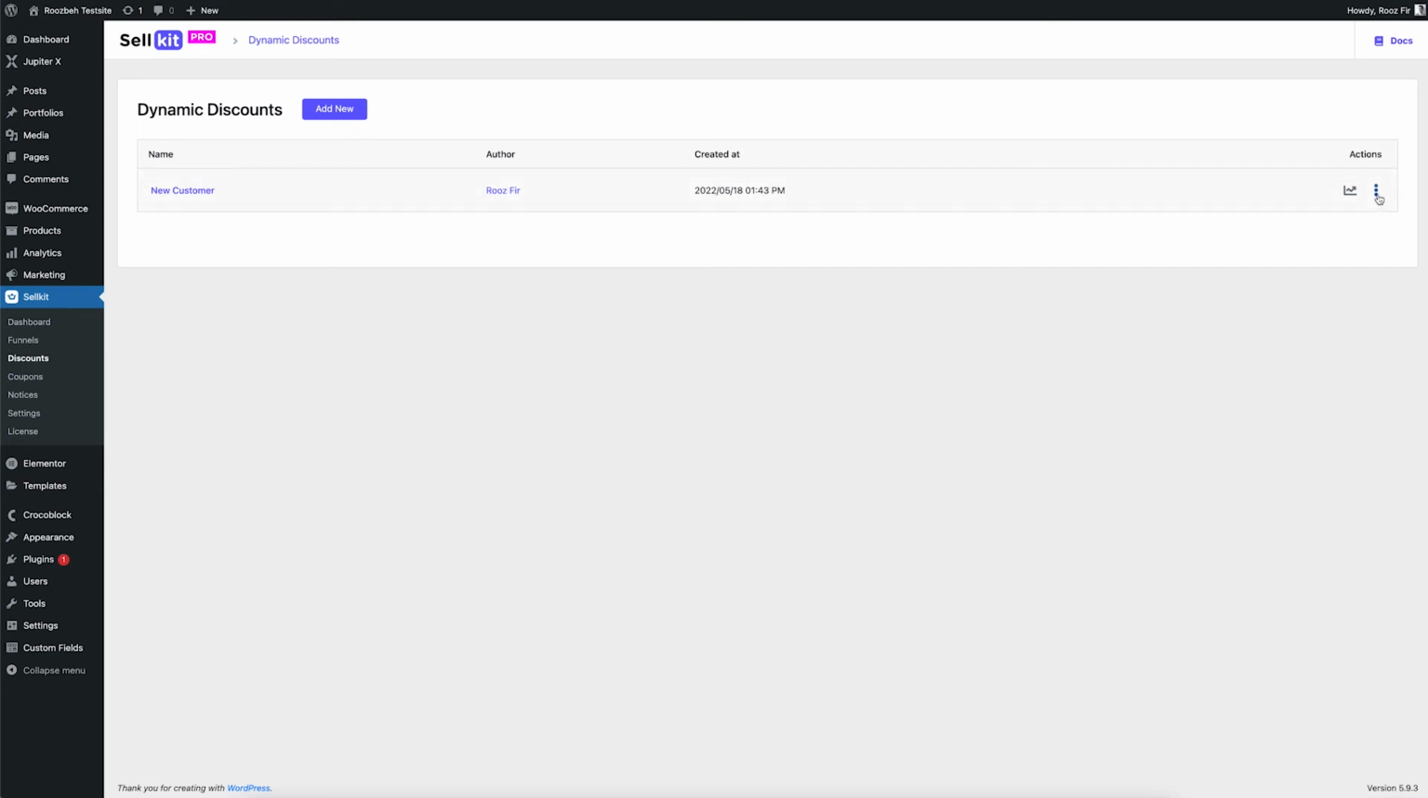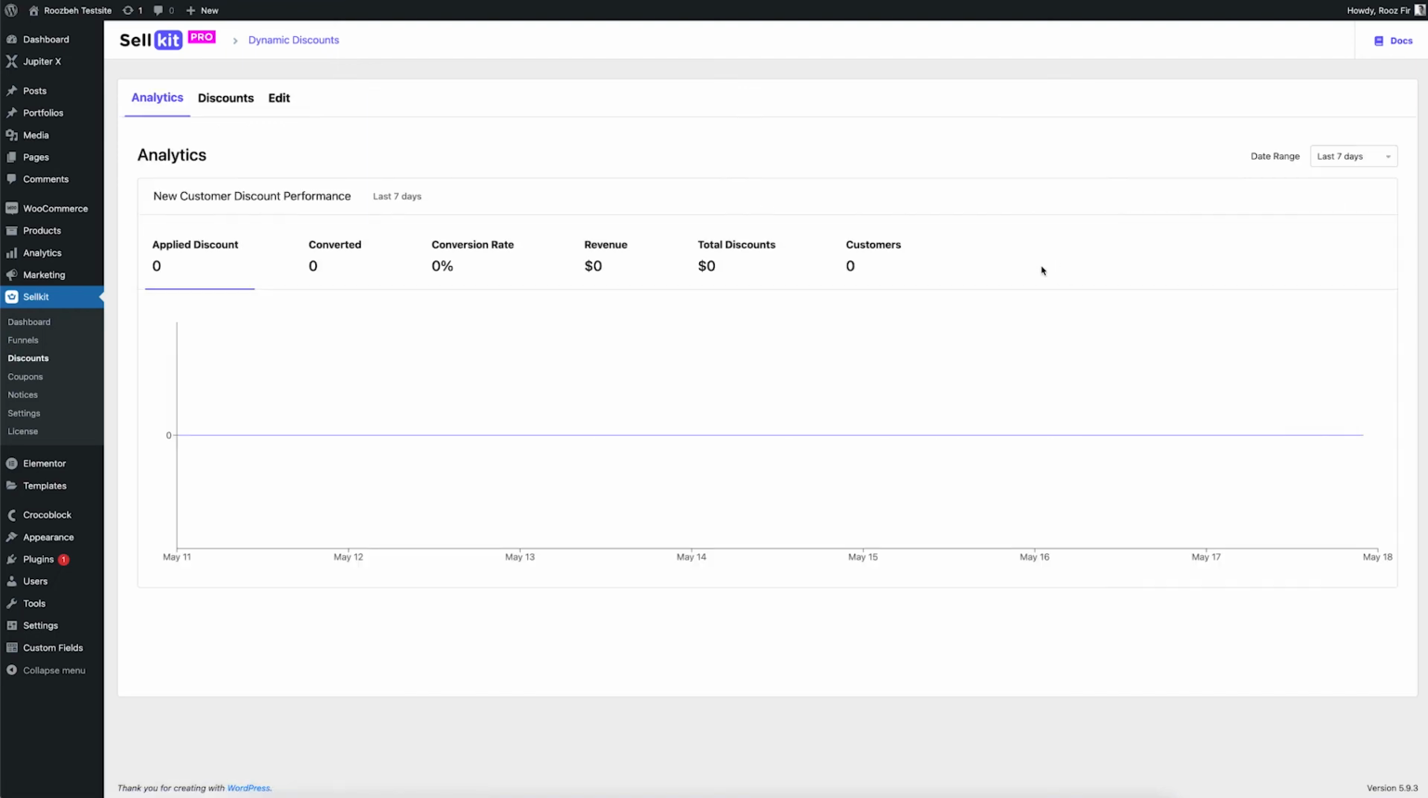As you can see, you have the options to edit, duplicate, deactivate, and remove your dynamic discount. You have also another option to check the analytics for this dynamic discount, which is pretty useful if you want to refine your discounts and see how good it's performing. See, there are different metrics here: revenue, conversion rate, the amount of customers who have been converted, and so on. All right, now that we have created our dynamic discounts, let's just give it a try and see how it